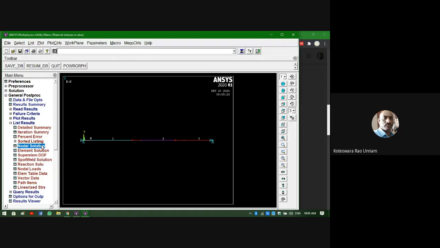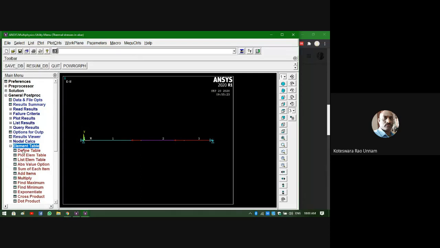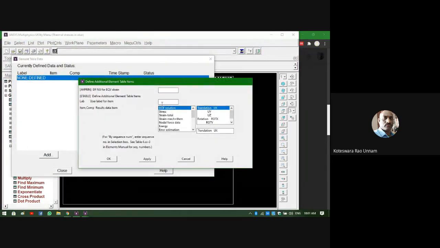That is nodal displacement. Then the last one is that you need to extract the element stresses also. For that we need to define the element table like we did in experiment 1. Here also we'll do the same thing. Define the table, then click add. Then I'll give some label, something like ELEM STR, which indicates element stresses.